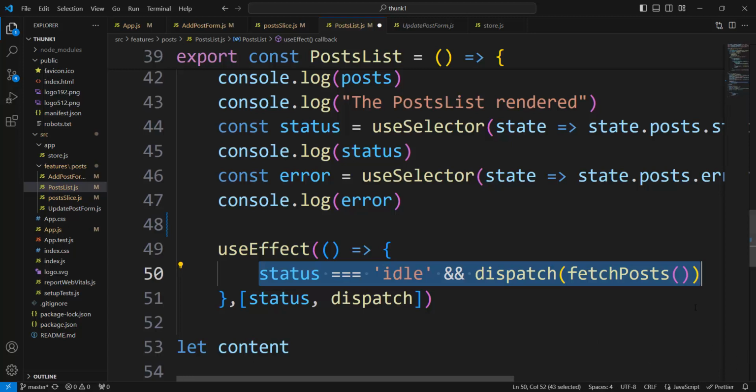First rendering is because of status changes in loading, because pending type of action, fetch post dispatch pending type of action, and in that dispatch status equal loading. It means object state post is changed in properties status from idle to loading, and because of that we have re-rendered